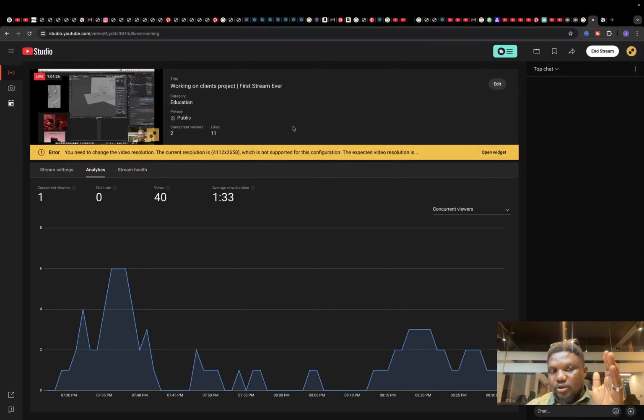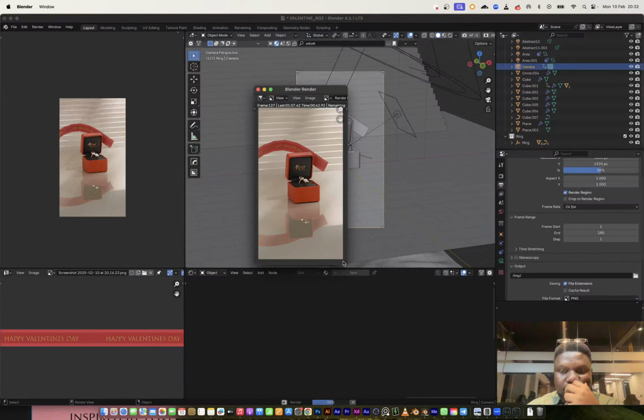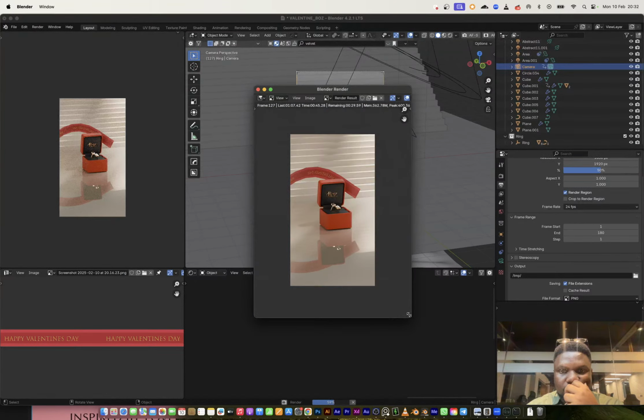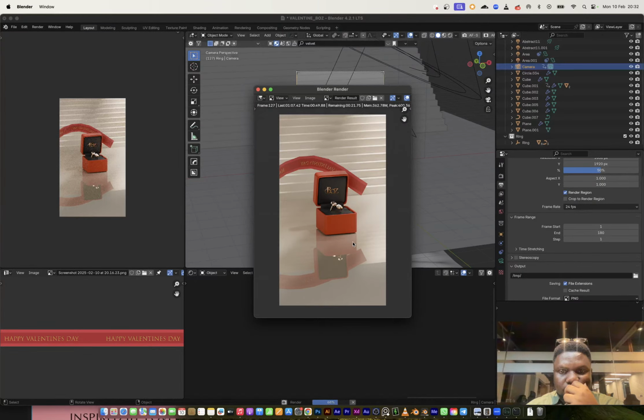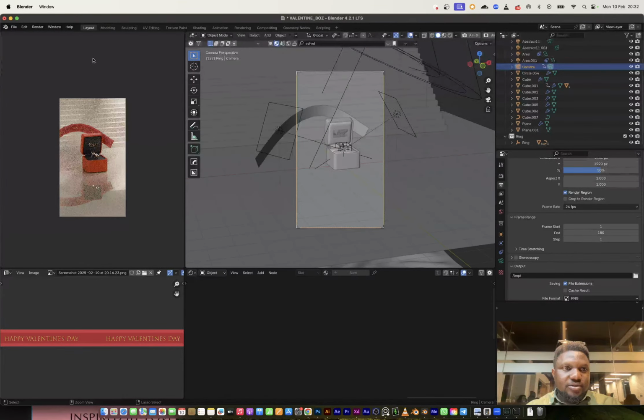Let me see that render. I think I need petals, just petals around the floor, around the scene. Yeah, I think I want to bring in some petals. So I want to cancel this. I think I have petals. Yes, I think I have petals right here.